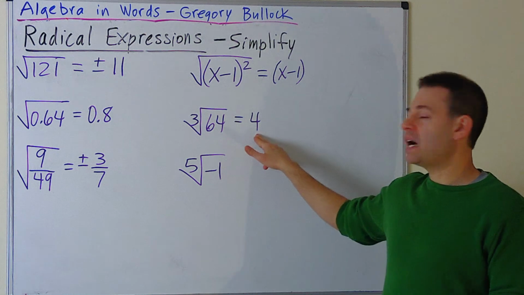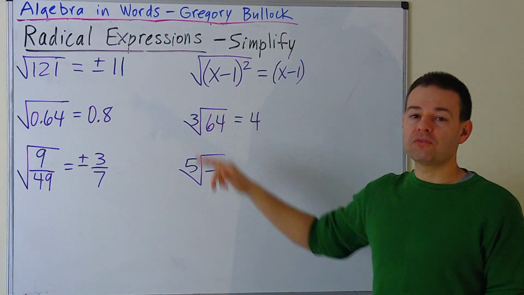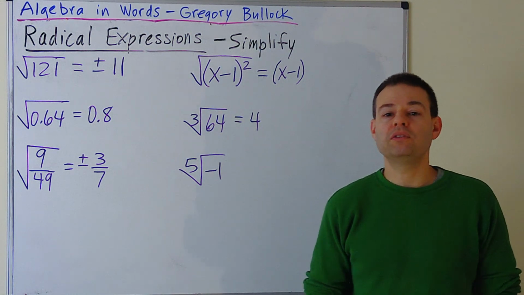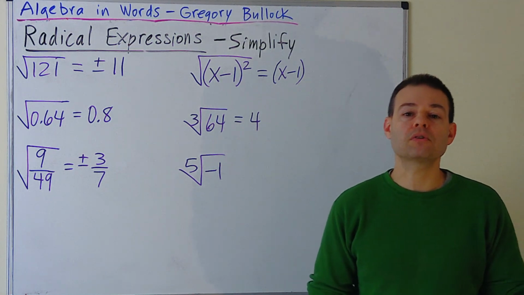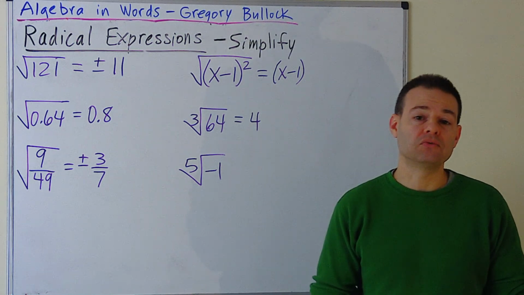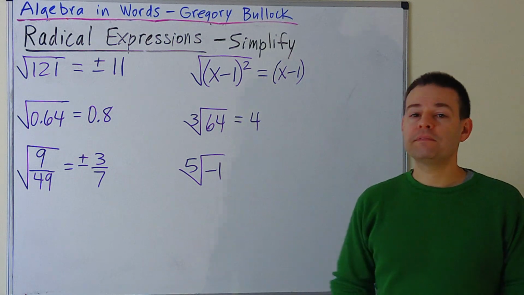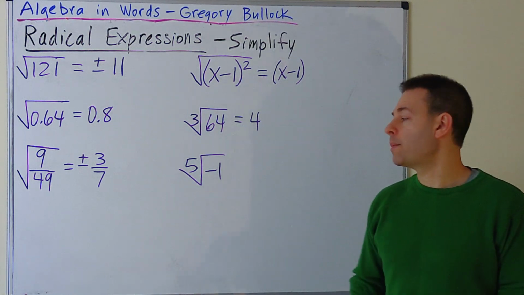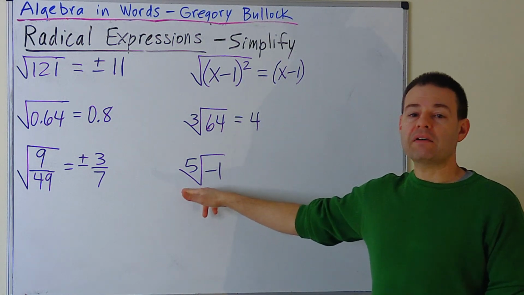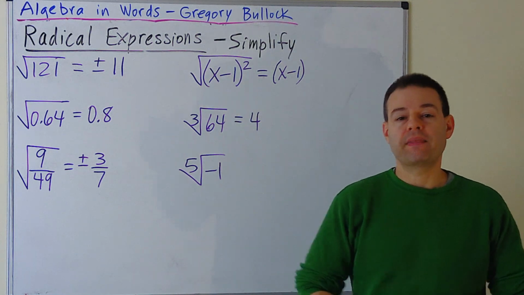It's only positive 4 because it's an odd root, and therefore we do not have to give the answer as plus or minus when we have an odd root. And finally, of these 6 examples, I have the fifth root of negative 1. And that's going to equal